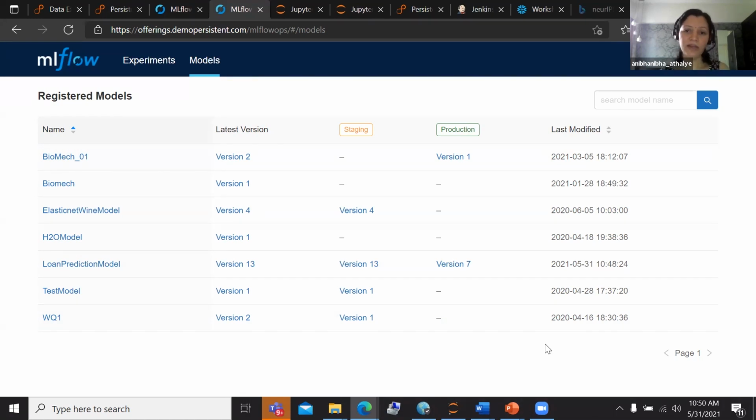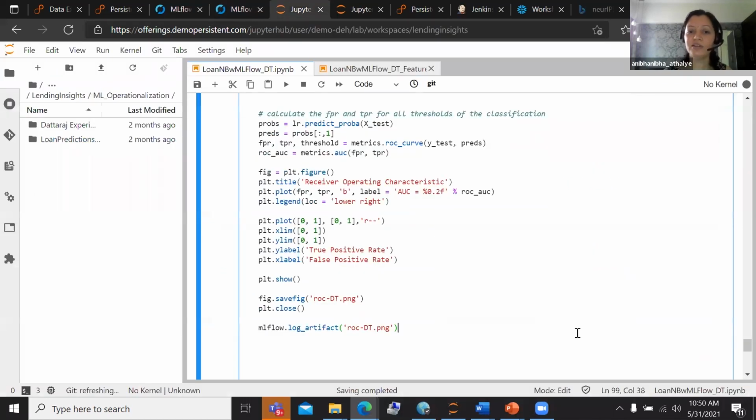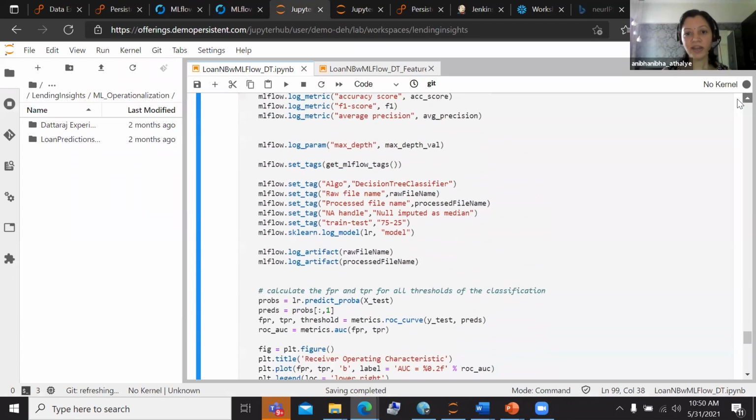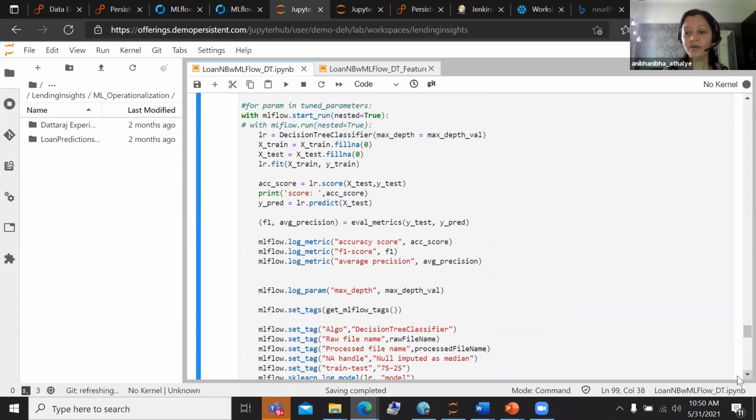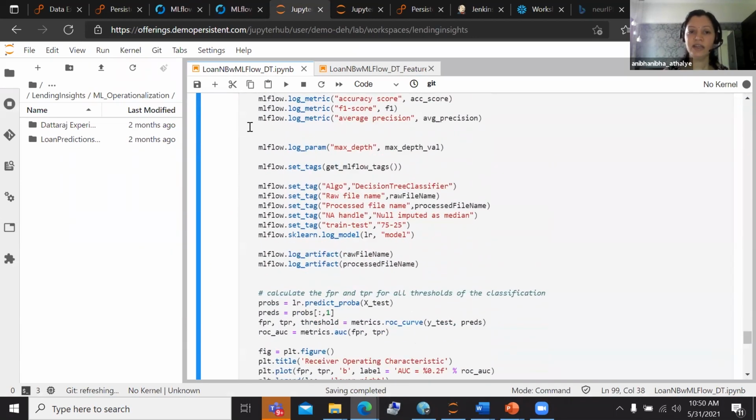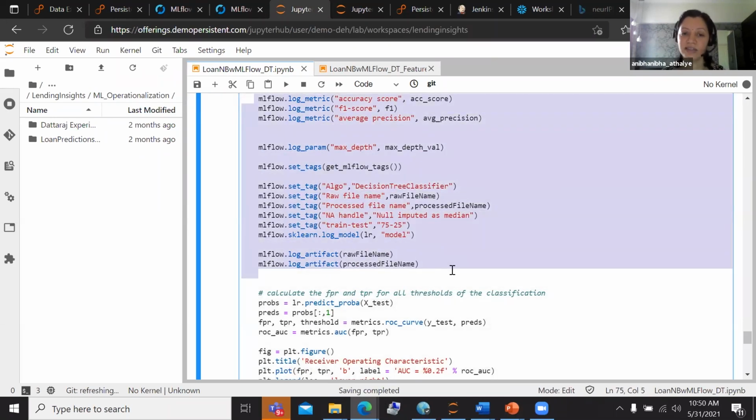Now let's go back to the Jupyter notebook, which enabled us to do all of this, right? MLflow is very light in the sense that all you did to enable all of this are these 10 lines of code that you see highlighted. There is no restriction in terms of the tags that you can define.